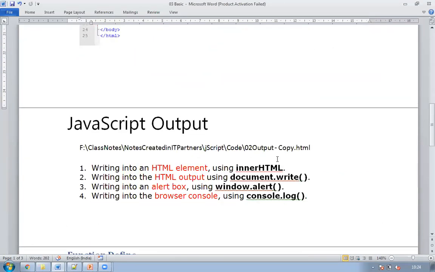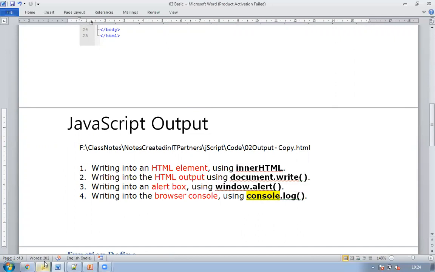And the last and very important thing. Once you are writing JavaScript, you should have some basics regarding it. The first command is innerHTML, next is document, alert, and console. This console is very important from the point of view of debugging. So let's start with this basic. We'll be starting with innerHTML.